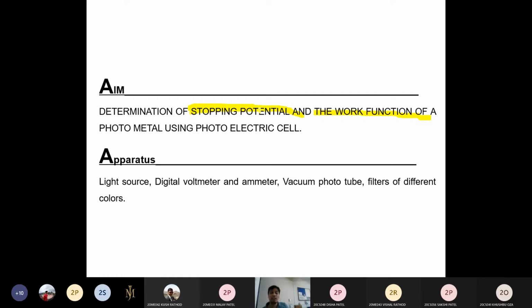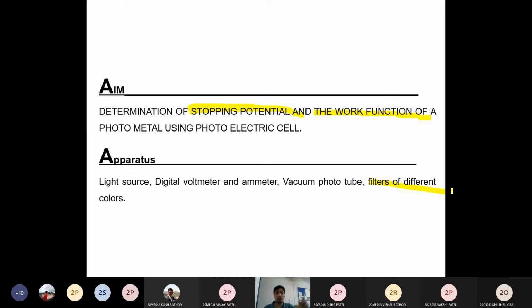So what we need to do is get zero current. That means the charges that are passing, we need to stop them. So for that we need to apply some potential difference in the opposite direction, in the minus sign. How much potential difference we need to apply, that we need to measure, and that is different for different materials and different frequencies. In the simulator we have all the options. We can change the material as well as the frequency by putting in some filters.